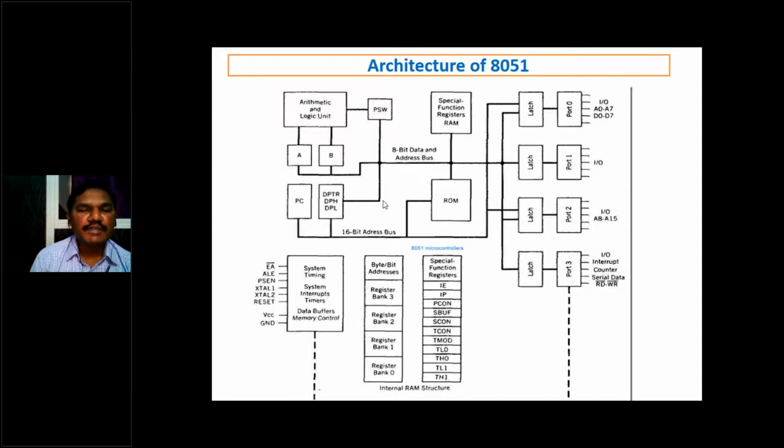Why? Because here you can see the PC. What is PC? Program counter. What is the use of the program counter? It is the same as the instruction pointer in 8086, holding the address of the next instruction to execute. That's why we have 16-bit address lines. The address lines are for communicating with the external world with different addresses. Here we have address lines and data lines. Data lines are 8 bits and address lines are 16 bits,